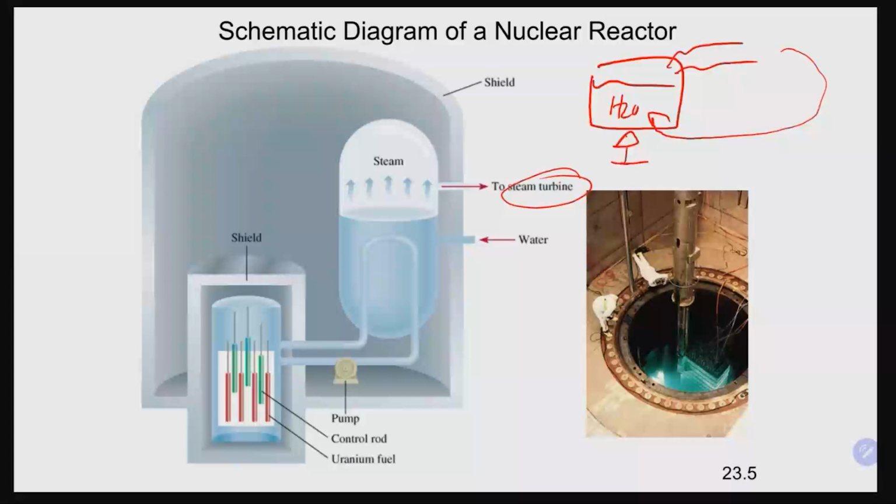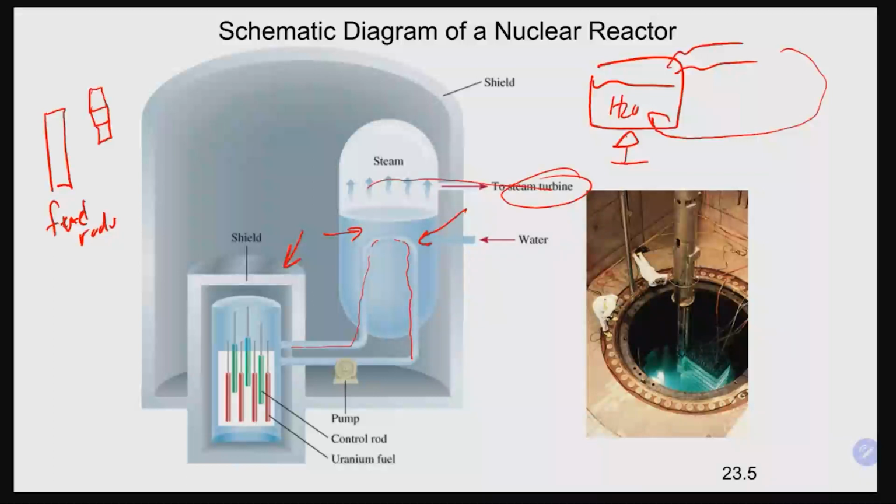Obviously, in a nuclear reactor, there's some separation between the fission reaction and the water that's being heated. In this case, they typically have what are referred to as fuel rods. Those are basically eraser-sized pellets of uranium, and that serves as the fuel for the fission reaction. There's some water in an enclosed container, which will heat a pipe, which is going to heat the bigger water,